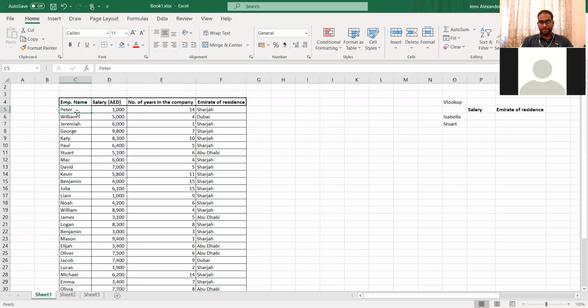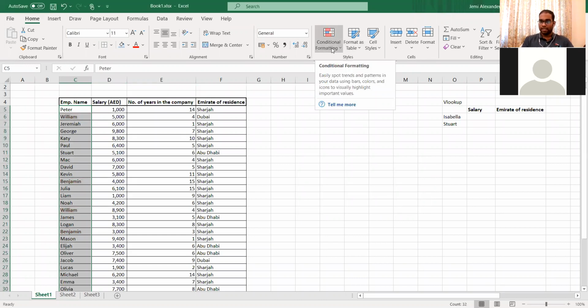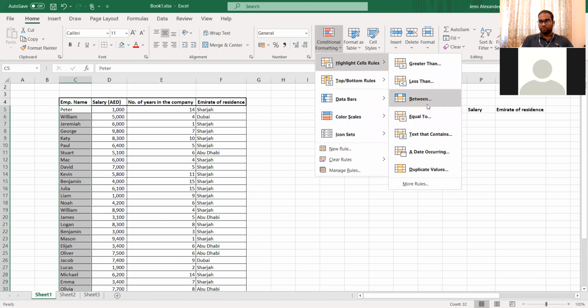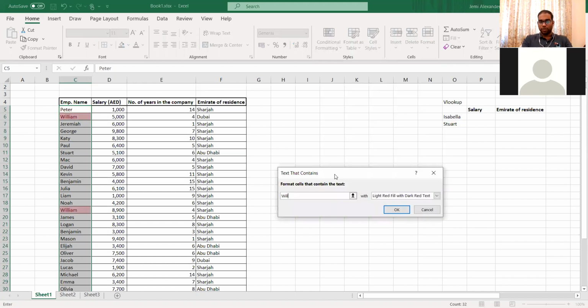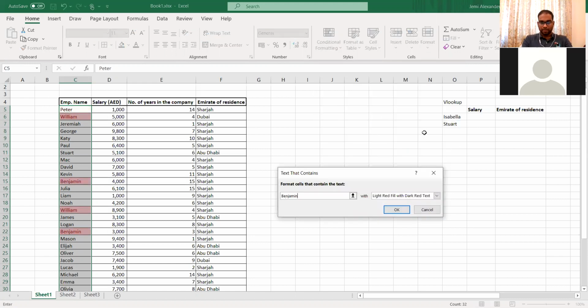So is there an option to color them differently? William in green and Benjamin in red? Now, one way we can do that, if we know that our duplicate values are limited, is this. Once you go to conditional formatting and select duplicate, you know only William and Benjamin are there. One way to work around that is highlight cell rules. We can go to text that contains William and put a light red fill. Then go to text that contains Benjamin,